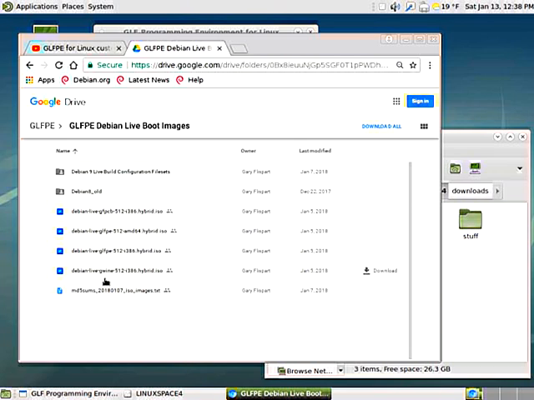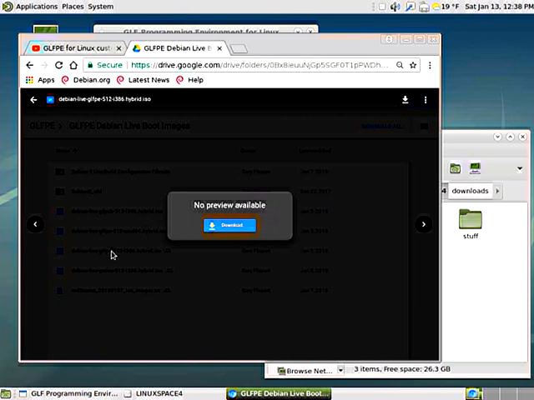GWine is similarly, I'm experimenting with using the Wine package, which will run Windows executables in Linux. But it's kind of a large system. Both of these two, the PCB board and the Wine emulator stuff, is pretty large, and I decided to put them onto different distributions so they don't take up so much room. I have an awful lot of applications on the GLFPE, and they already take up quite a bit of room. So I'm going to select the 386 version to download,